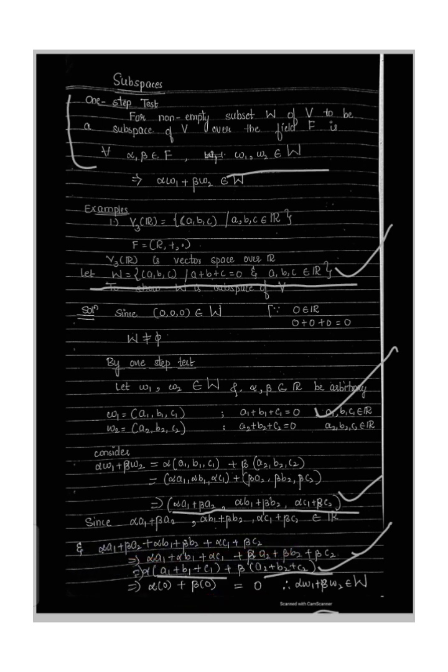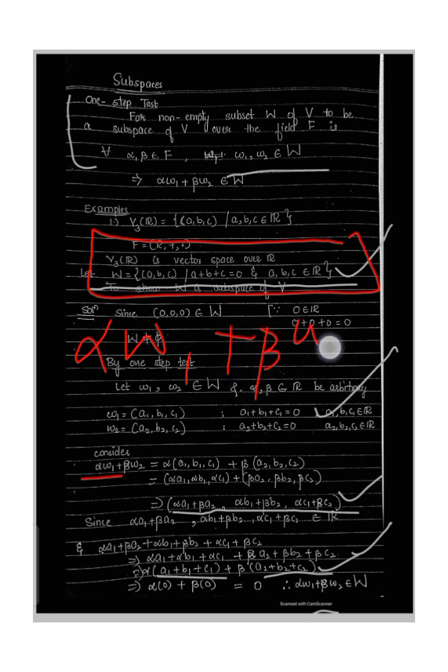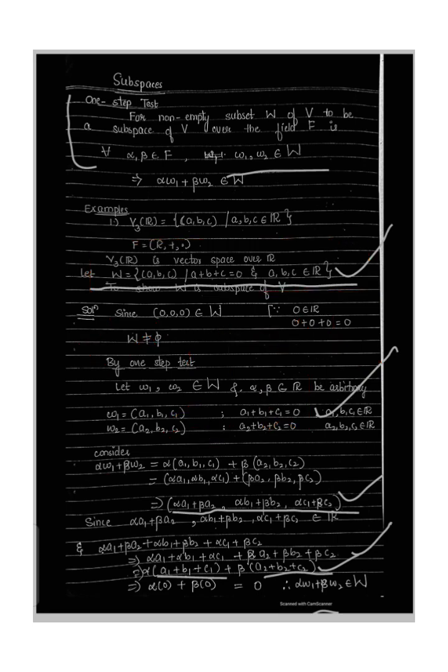If this is 0, what we can see is that the condition of the vector subspace is satisfied. So we can see that alpha W1 plus beta W2 belongs to W. So that's why it is a vector subspace. Okay, this is a one-step rule. Here we have to check